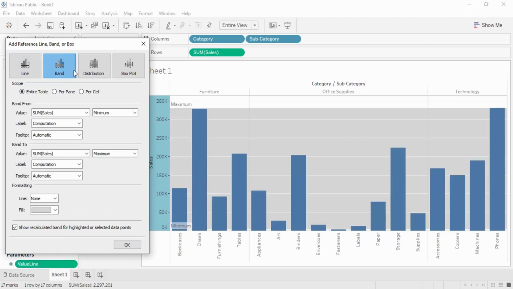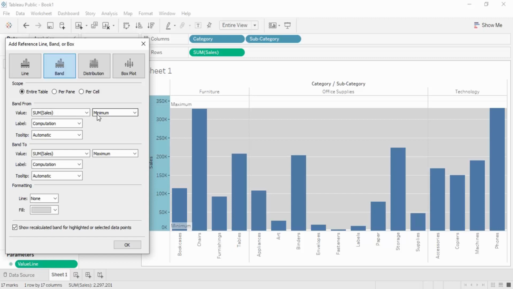Next we have a band. So what is a band? A band is basically like a line, but it is two lines that can be used simultaneously to depict some data. You can see, by default this band is created that shows from the minimum to the maximum of all the values. Some space on the upper side and some space on the lower side is left out, and all the area of the chart between these two points is colored in gray, right? So this is what we have for the band.